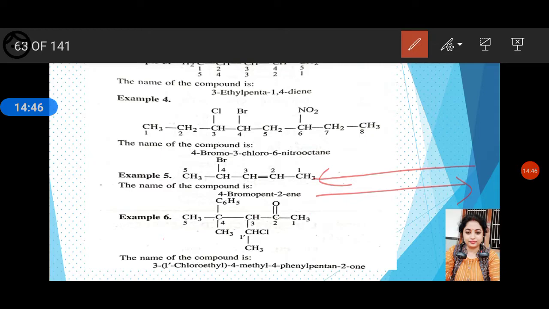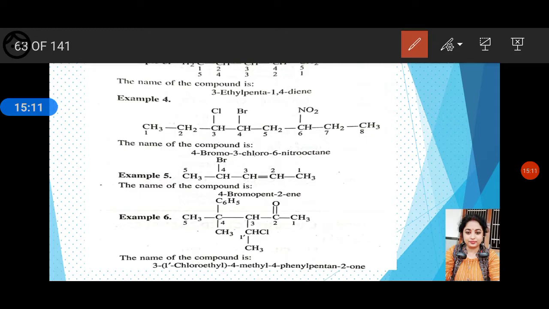First we have to find out our functional group. The main functional group is this keto group, CO group. So it should get the lowest number. So we will start the numbering from the right hand side. 1, 2, 3, 4, 5. Numbering is correct. Now let's write its name. Root word is pent.